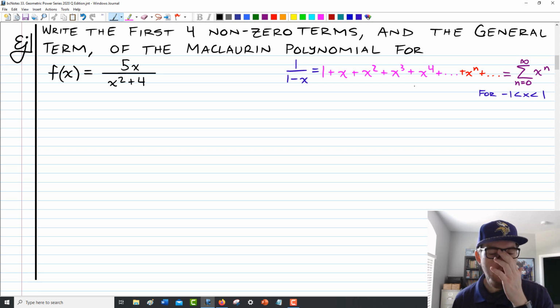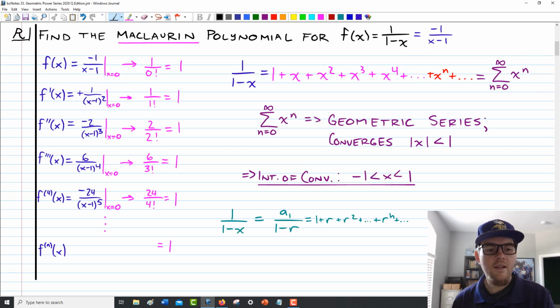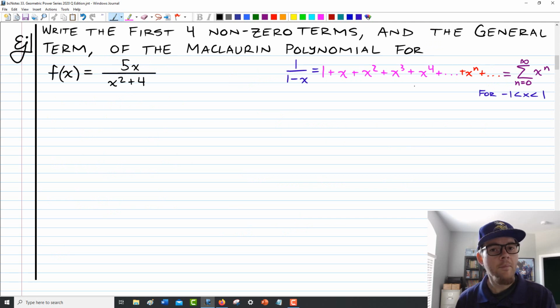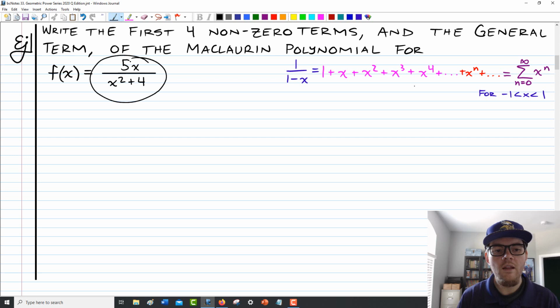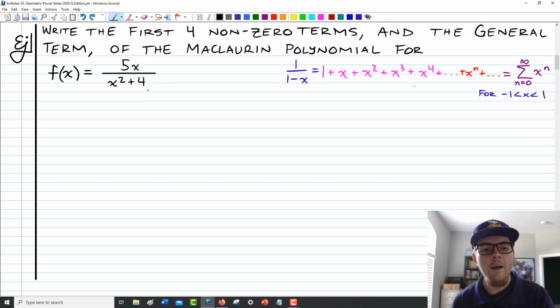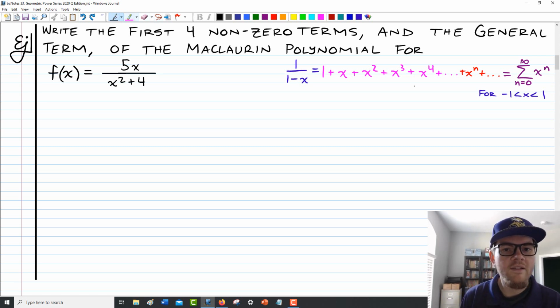So to get here, let me point this out first. This is not a reasonable strategy for us, especially with me putting that x in there. The reason is that differentiating this is just super involved. It's kind of intense. It's not hard. I know you could do it. I'm not telling you you can't do it. I'm not challenging you. I'm just telling you it would be crunchy. It's annoying. It's not a fun task to differentiate a rational expression a bunch of times and then hopefully see the pattern. So instead, what I want to do is try to find some way